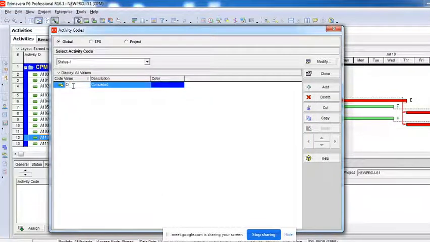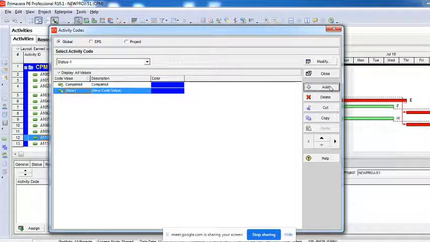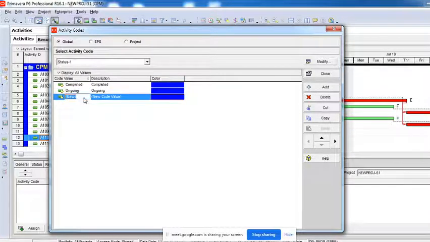and now I'll type it as completed, right? So I'm just giving the same values. I will say ongoing. These are the statuses. It could be anything. I'm just giving it to make you understand.